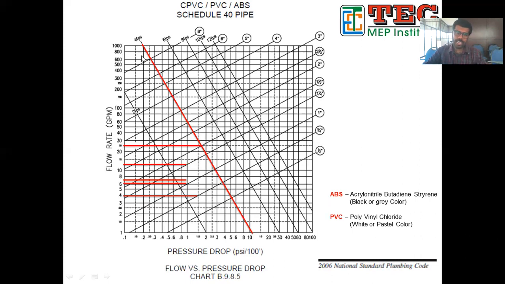It is coming between 2 FPS and 4 FPS, so the line will come somewhere in the middle if you are taking the velocity as 0.8 meter per second. You understood what I am saying? As a design assumption, it has been said that preferably through a gravity pipe, the velocity should not be greater than 1. It should be less than 1, and preferably you can choose 0.8 meter per second.